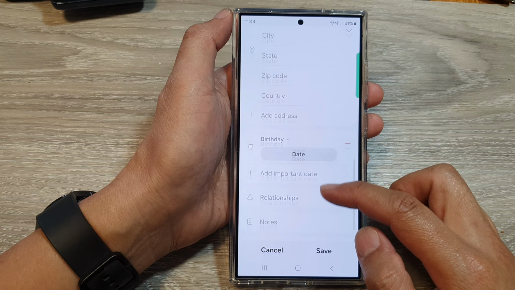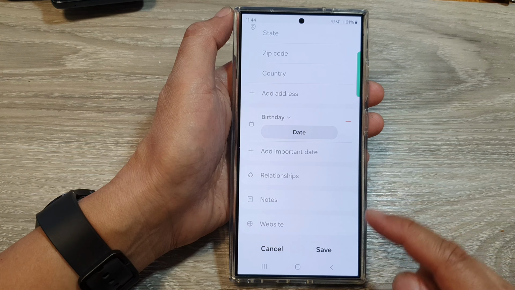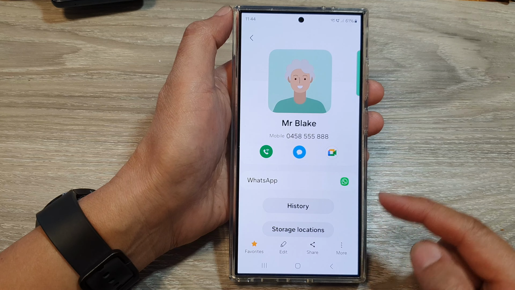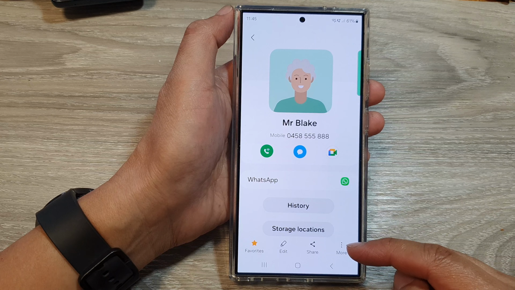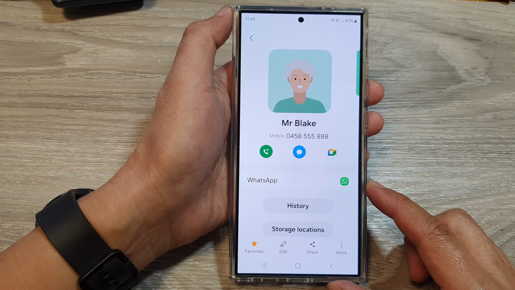After you have updated the details, tap on the save button to save the changes. And that's it. So that is how you can edit a contact detail on the Samsung Galaxy